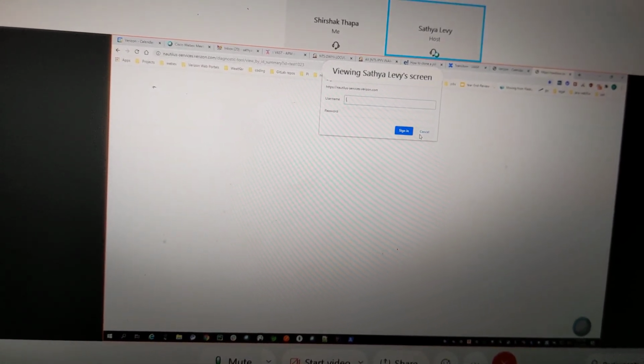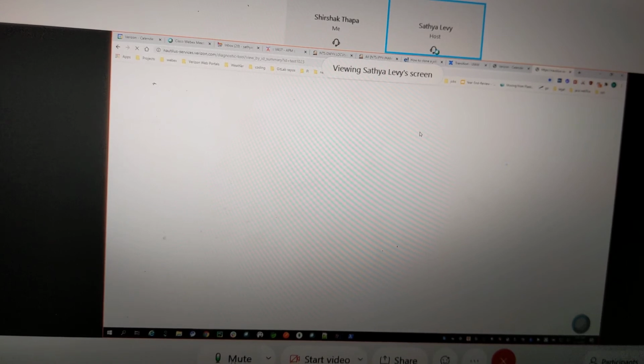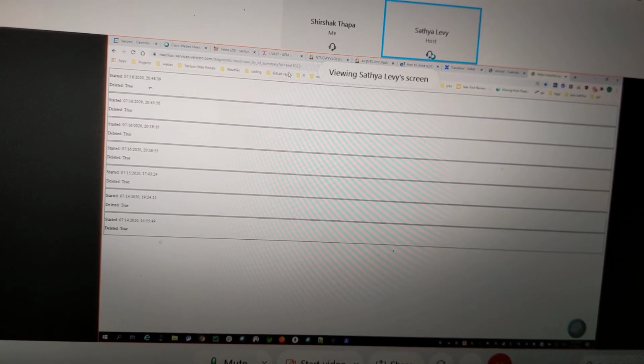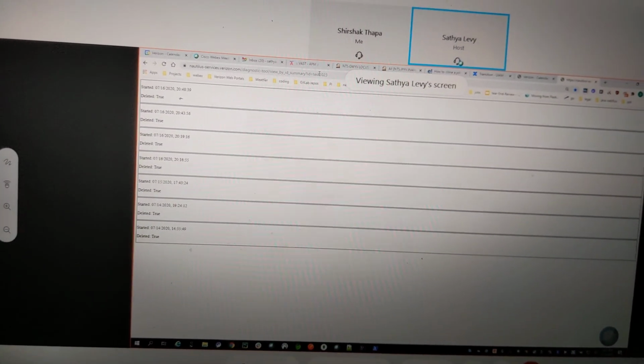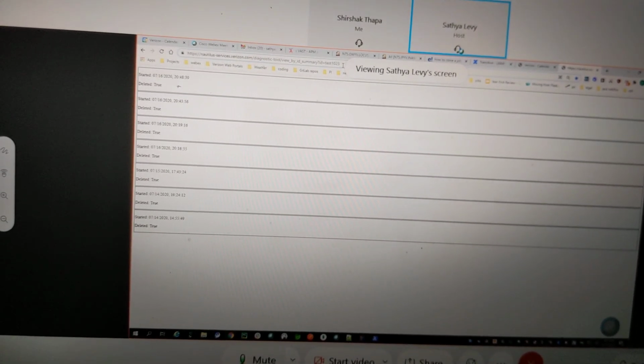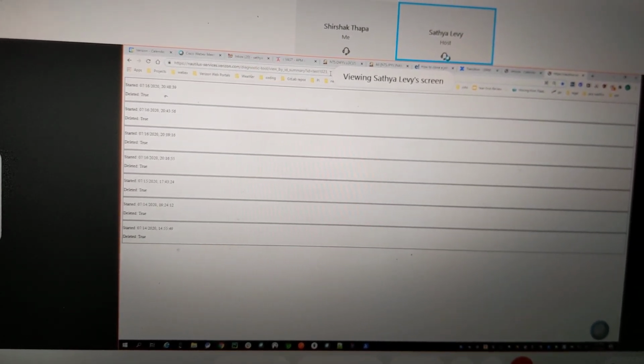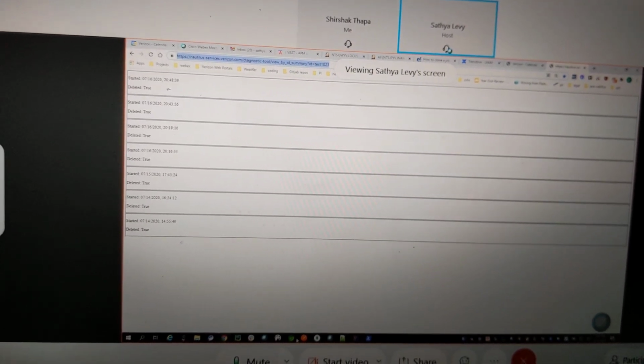Does this still work? It does. So you can give this a job ID and it'll tell you the results. I don't have any job IDs right now because I haven't used the thing in a while, but maybe